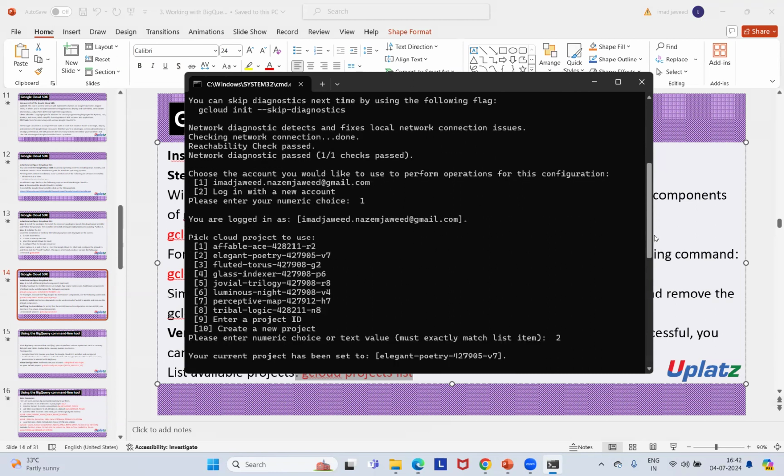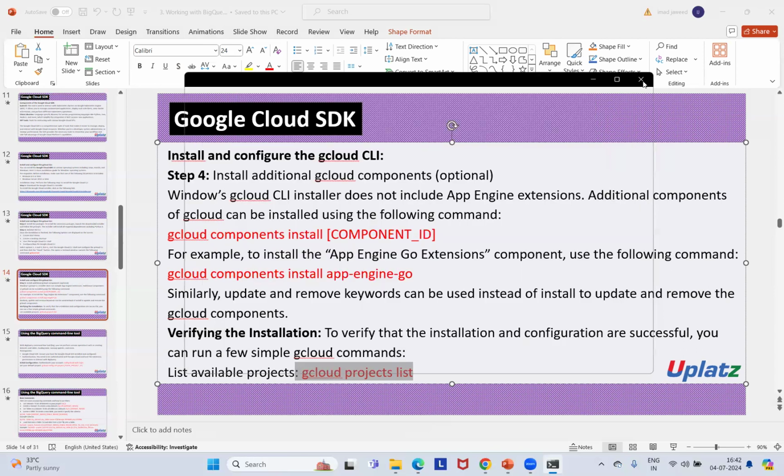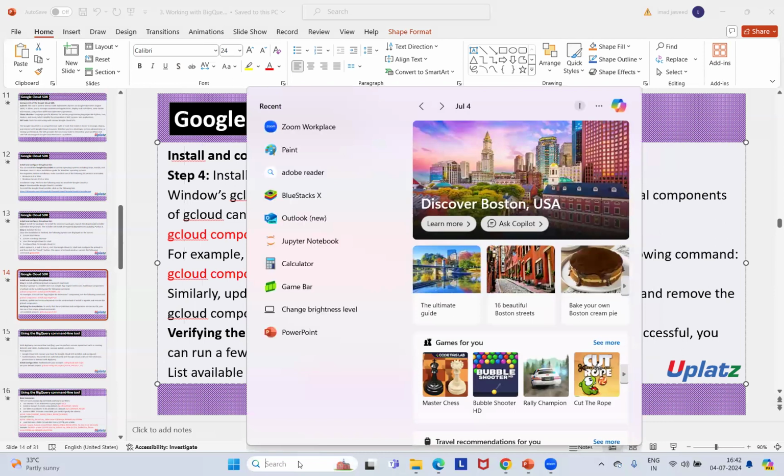After that, it is going to ask you to choose the account that you want to use to perform the operation for this configuration. So you can choose the account. After that, pick the cloud projects to use. And then once you set up this one, you can see your current project has been set to this one. If I close it, and then let's suppose I open it again, and I write